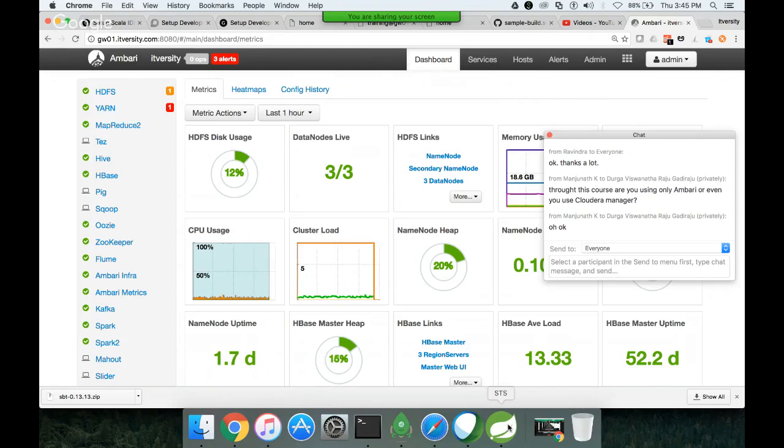The cluster is set up using Hortonworks, hence we have access only to Ambari. We don't have access to Cloudera Manager. So throughout this course, we will not see Cloudera Manager. Okay. So coming back to the point I'm trying to make,